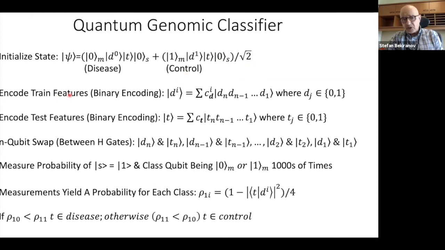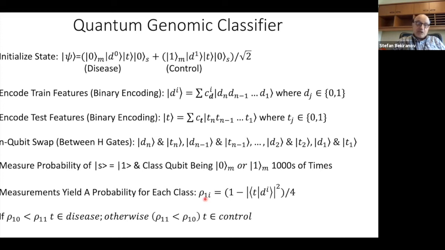Then I encode, this is just the formal look of the multi-qubit binary encoding of the train feature state and the full test feature state. As I mentioned before, I execute swaps between DN and TN, DN minus 1 and TN minus 1, etc., down to D1 and T1. This ends up swapping the full D and T. Then when I execute the full swap test operation on this multi-qubit state, I end up getting this probability, theoretically,